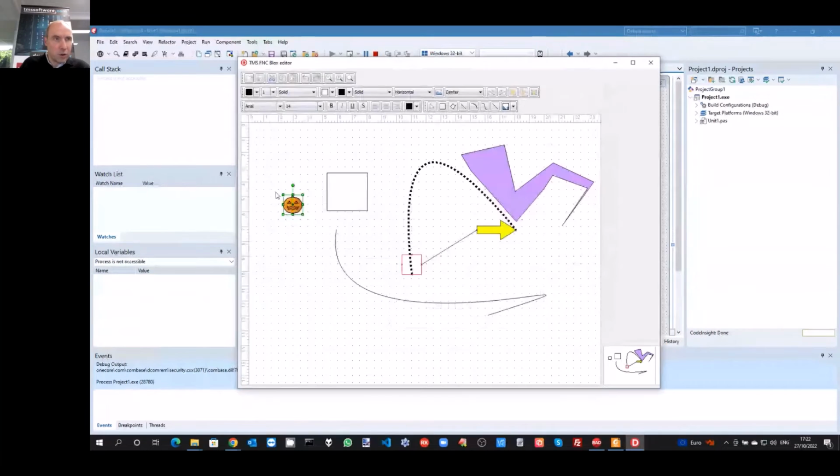And as we are close to Halloween, of course, my SVG images are Halloween themed. When I size the block and rotate the block, you can see that the SVG image still uses its original size, but I can of course let my SVG image stretch to the size of my block control.